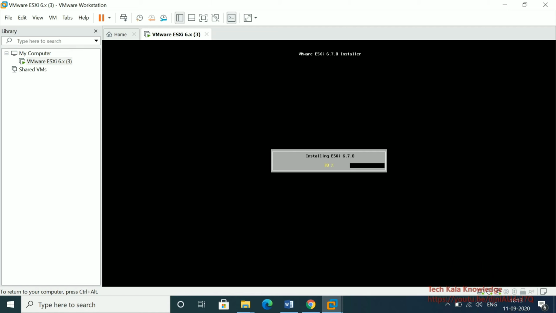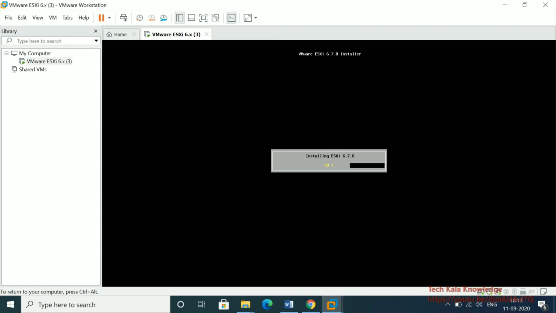It's going to format, so it will remove all the data. That's why when you're selecting a disk, be careful. Now 86% is completed.